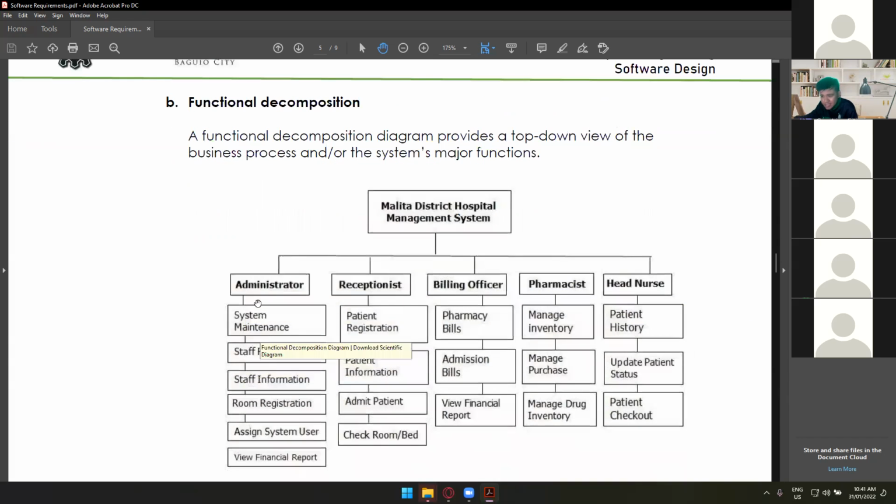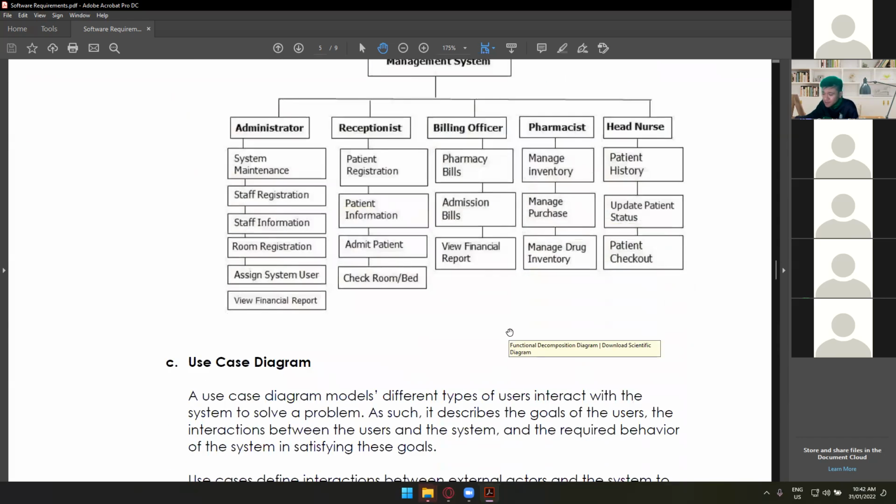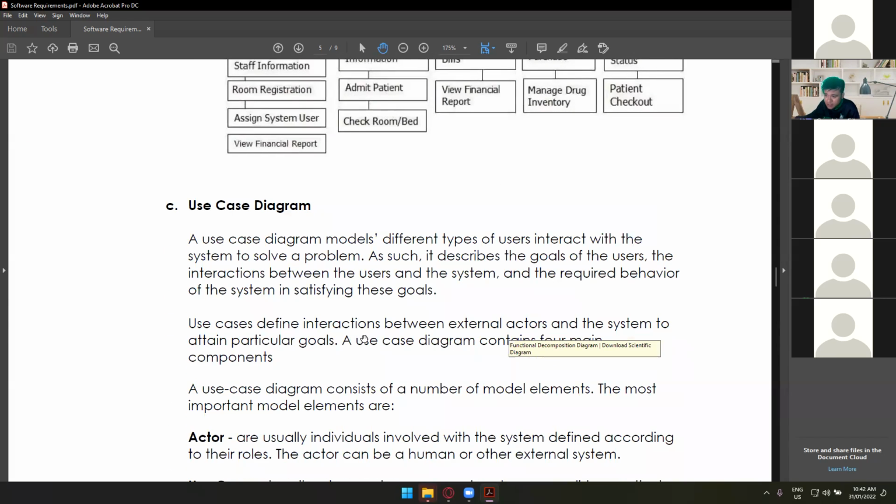And then the things that it will do under this administrator: we have system maintenance, staff registration, staff information, and so on and so forth. So we call this one functional decomposition. This is somewhat similar to the work breakdown structure, the WBS. Another one is the use case diagram, which is easier to understand when it comes to